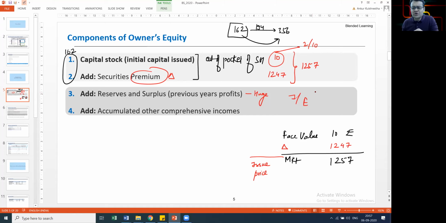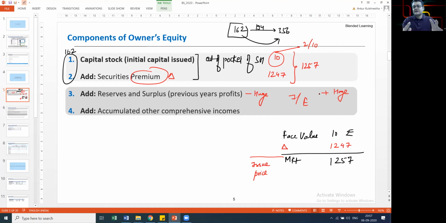There are huge profits that they are making, and when you make a huge amount of profit, you don't pay out the entire amount as dividend. You have a huge amount of retained earnings. This retained earnings is what is officially called reserves and surplus. Of course, reserves and surplus are created out of earnings attributable to equity shareholders. We did that in EPS. That level of profit belongs only to the equity capital provider, and therefore the entire amount that we're talking about is for the equity capital provider.